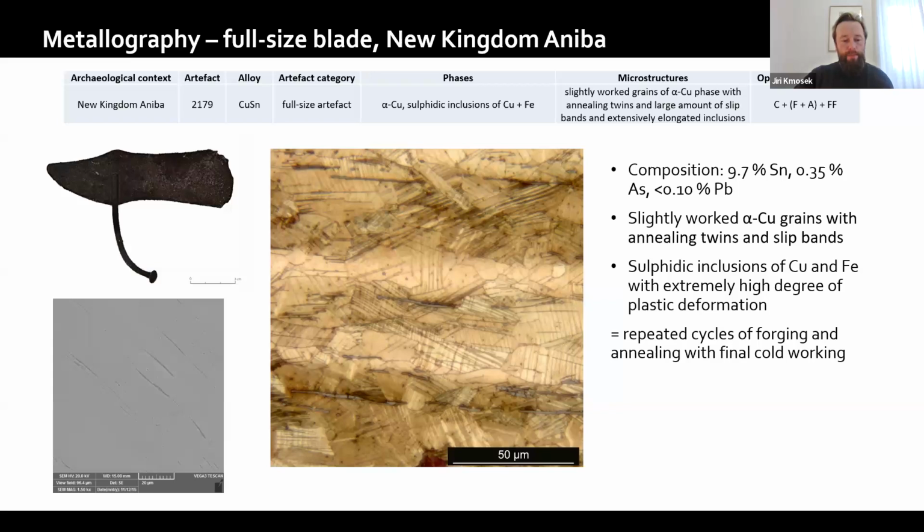There is another example. This is high tin bronze with almost 10% of tin, almost 0.5% of arsenic, and some admixture of lead. We can see slightly warped alpha copper grains with annealing twins again, and there is a large amount of slip bands inside of the grains of alpha copper, which are indicating the extensive mechanical working in the final step of production. And what we also can see in the microstructure are such lines, and these are again the sulfuric inclusions of copper, but in this case with a high portion of iron,